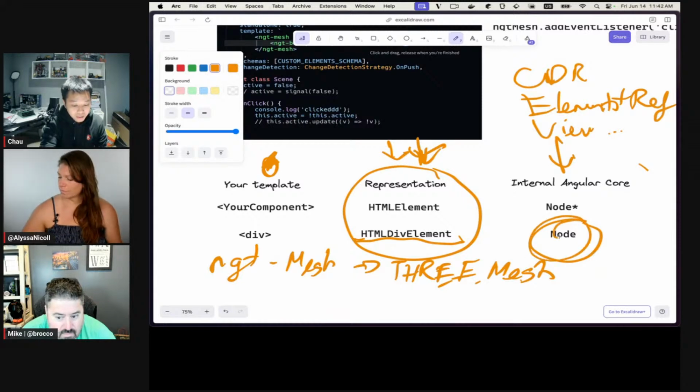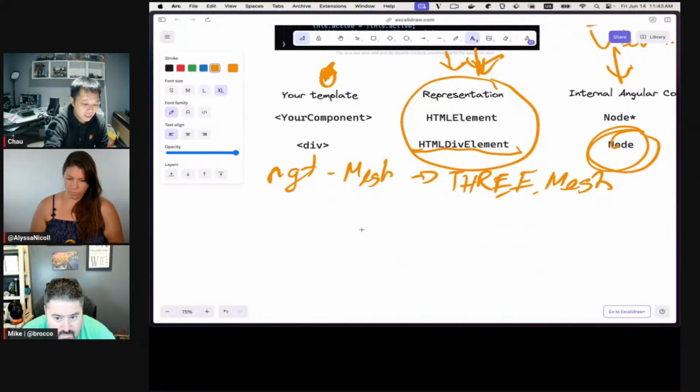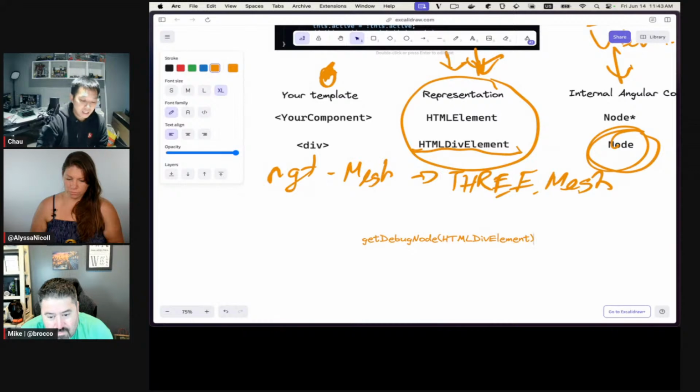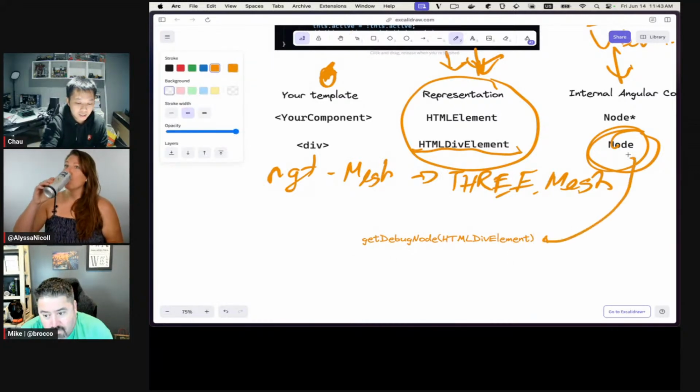Because of these nodes, you can actually get that node by an API call. I'm going to use this. It's called getDebugNode. And then you pass in the instance of that, so I can pass in this HTML div element. This getDebugNode will return me that internal node right here.